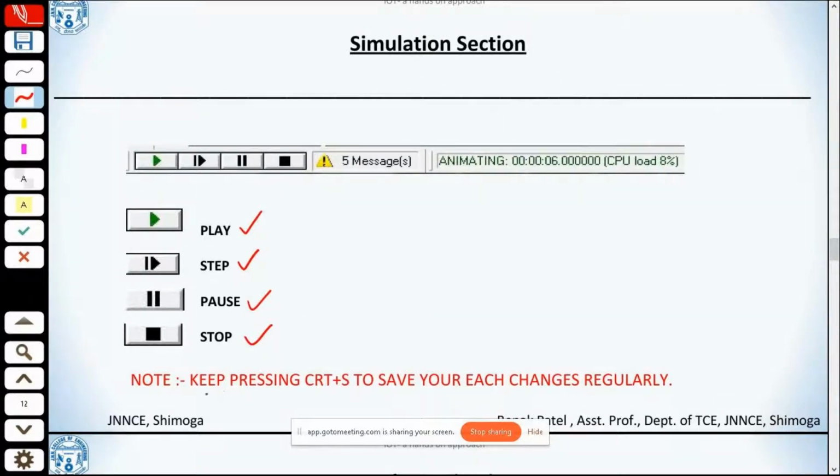And the other thing is, we got to make sure that we keep on saving our project right after any change. And while simulating our project, we cannot save our project. All we got to do is stop the running project and make some changes, followed by saving our project. Only then we go again for the play button.